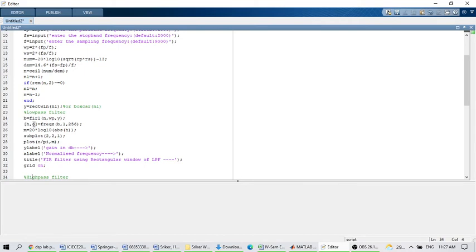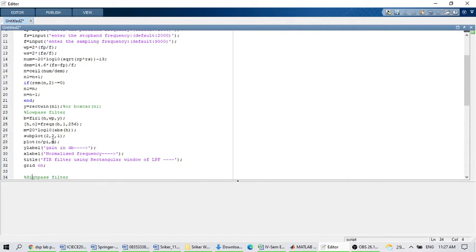What is O? It gives the frequency. What is the frequency range? 0 to pi. If you want to plot the normalized frequency response, then you have to divide by pi. Then pi by pi equals 1. It means it will go from 0 to 1. So the x-axis will have the normalized frequency.